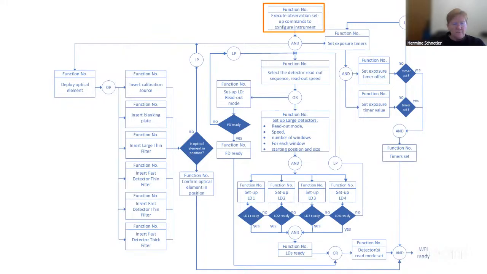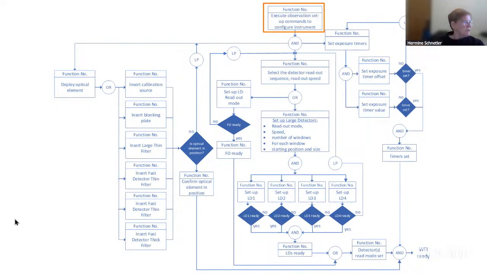Because in this case, for each detector, we can define up to four windows. Each detector can be read out in full, but if you're only interested, it's almost like a multi-object situation. You can define the start row of a window and how big the setup is, and that will mean how many rows for each window. So you can see that.